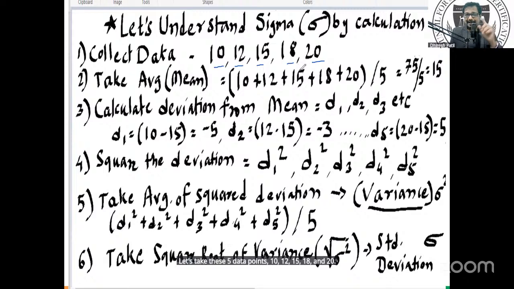The first step is to take the mean. The mean of all these data points is 15. Then we take the distances d1, d2, d3. For example, here the d1 is